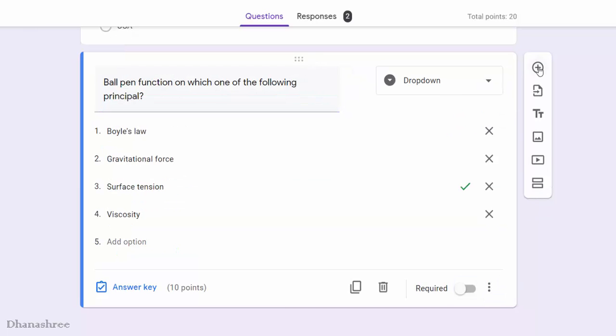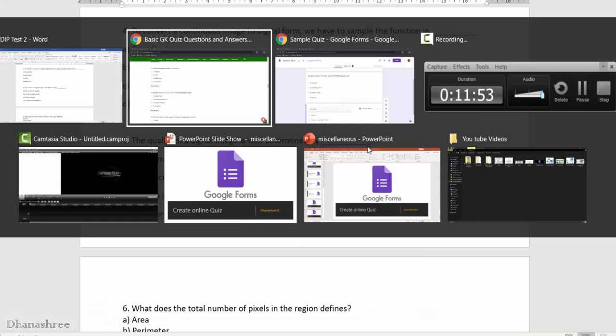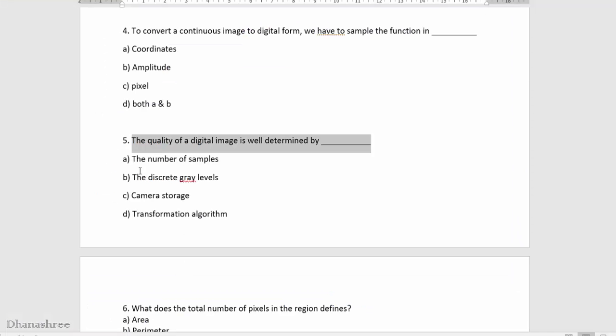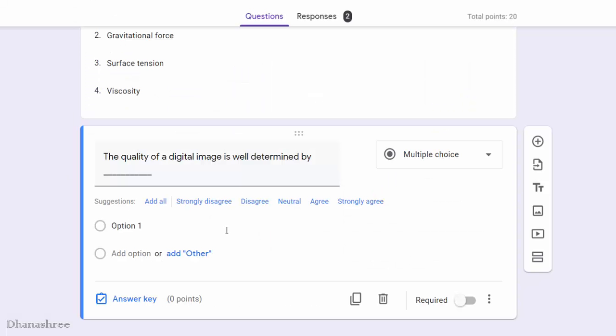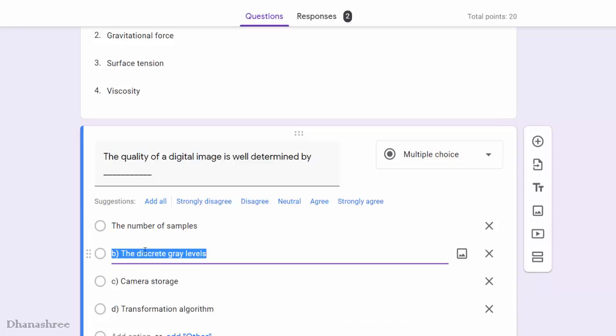Add one more question. I have copied the question from Word file and now I am pasting it. Similarly, I am copying options and pasting it by saying Control V. Control C for copy and Control V for paste.